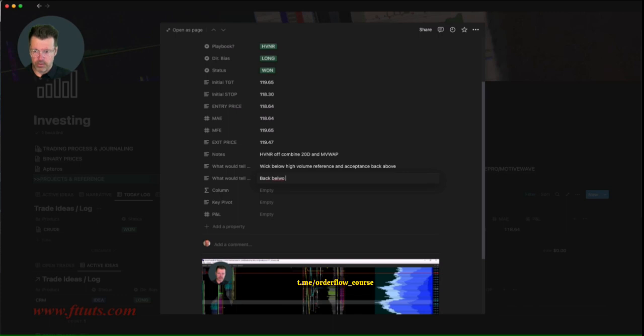Back below the 20-day. So the whole premise is that we're going to get below, can't facilitate below the 20-day. Now we're going to go back up higher. So I don't want it back below the 20-day. I want it to stay there. Okay. So with that being said, with an entry at 118.64 and an exit at 119.47, that gave me a